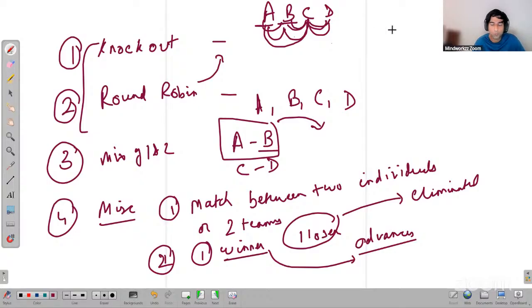Essentially, when A is playing, A will play first with maybe B, then with C, then with D. Then you look at B, he's already played with A, right? So he plays with C and he plays with D. And then you look at C. If you want to count how many matches are going to happen, you count it like this: